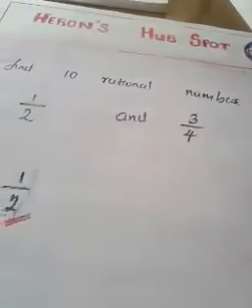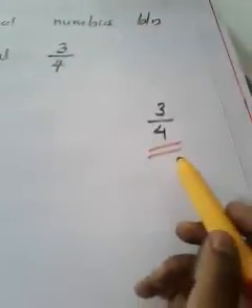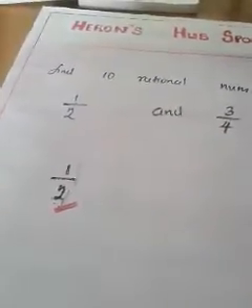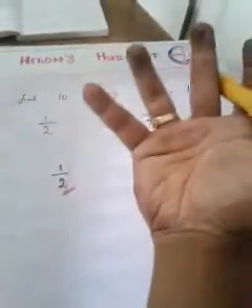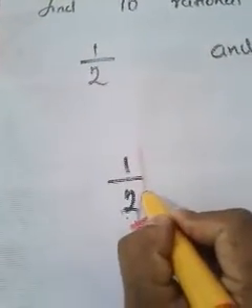What about 20? Yes, 20 is a common multiple of 2 and 20 is a multiple of 4. Think about some more bigger common multiple. What about 100? Yes, because 100 is a multiple of 2, 100 is a multiple of 4. So I am choosing the number 100. Is there any problem? No. I am thinking about the bigger number such that the number should be a multiple of 2. That same number should be a multiple of 4. I am choosing the number as what? 100. See how you can make this denominator as 100.